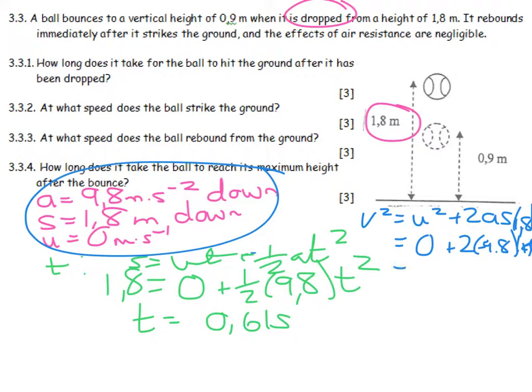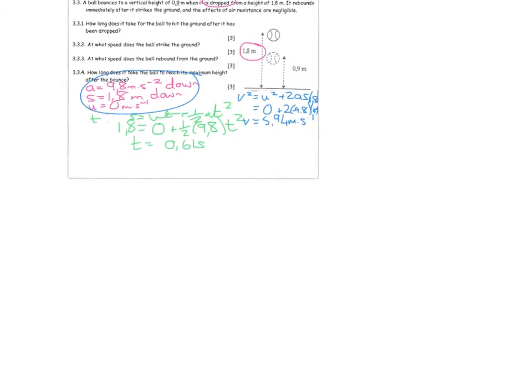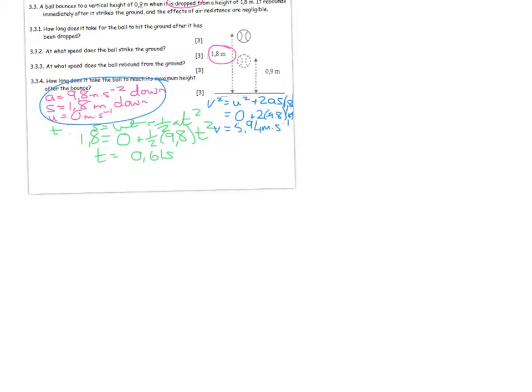And therefore, when I square root that, I find that my final velocity becomes 5,94 meters per second. At what speed does the ball rebound from the ground? So in other words, I now need to find out what the initial velocity is of the second part of